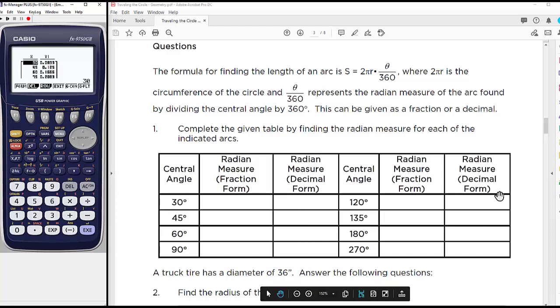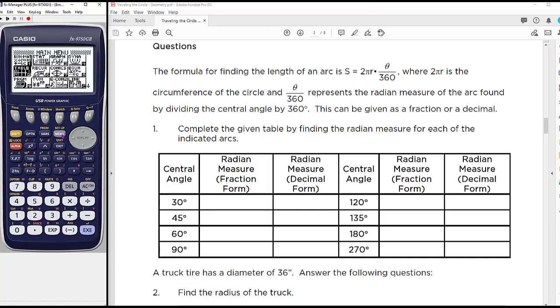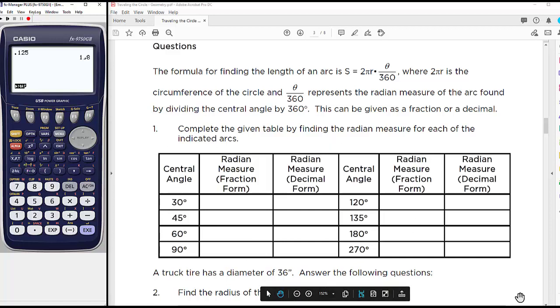So students could now fill this in with their decimal values, and then they could go back into their run menu and convert them back. Let's see how that works. Hit execute. If I put in what I think was the second one, 0.125, and hit FD, it turns it into its fraction. So very easy. You can create a table of values, get all of these in one shot and then convert them back, or you could do it one at a time. Lots of options.